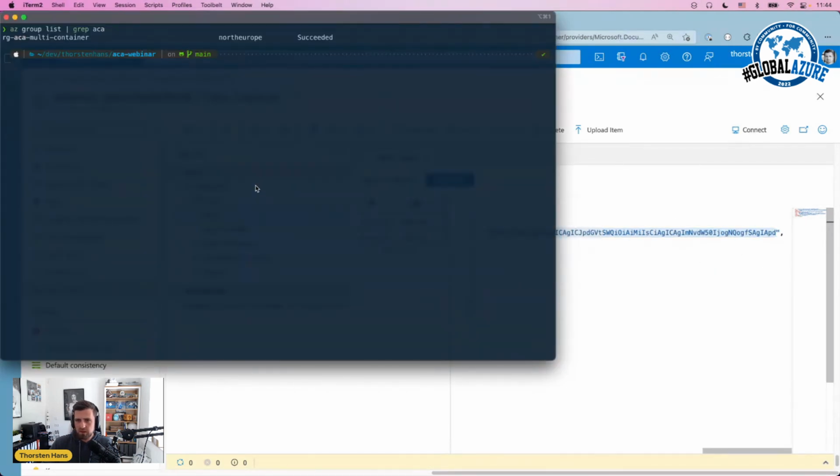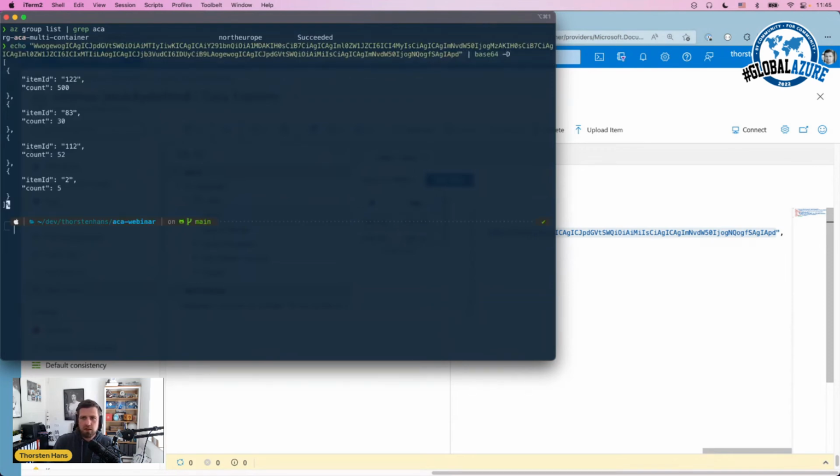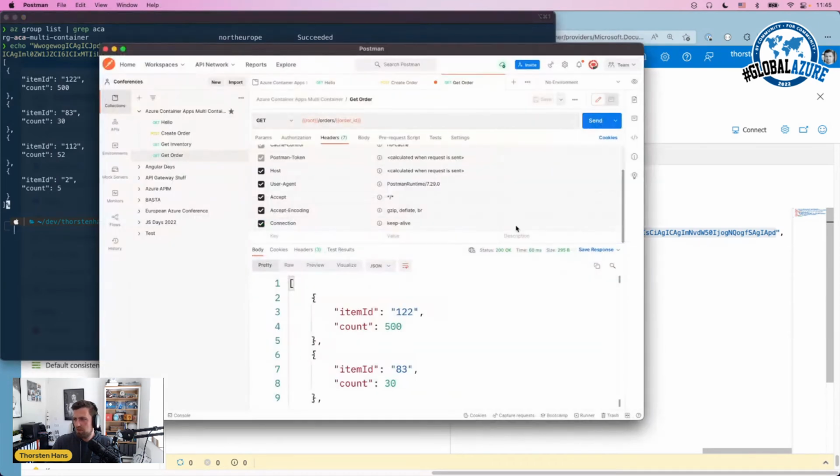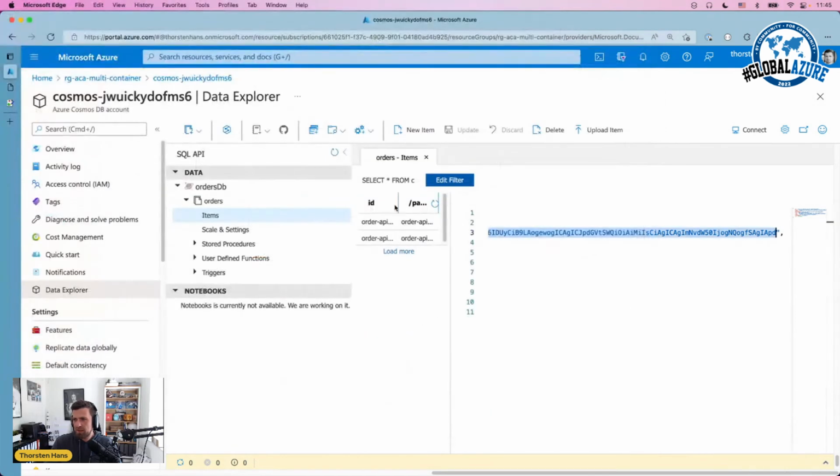We can go to the console and we can say echo that string and pipe it to base64 -d, and we get back 500 times this item, 30 times this item, and the other ones were way below here in the Postman request. Great. So as you saw, we can leverage Dapr to build our distributed application architectures,